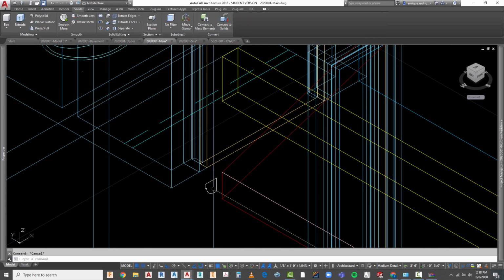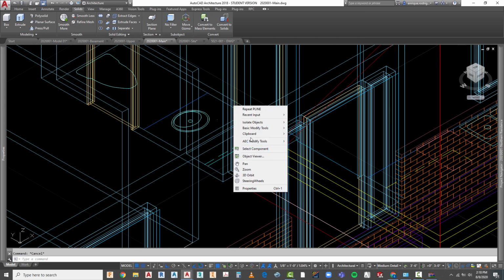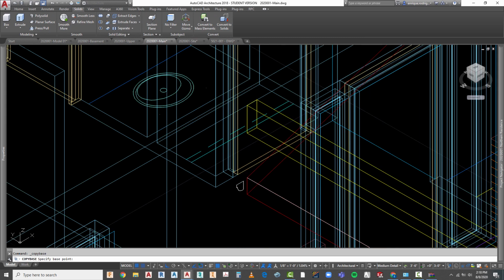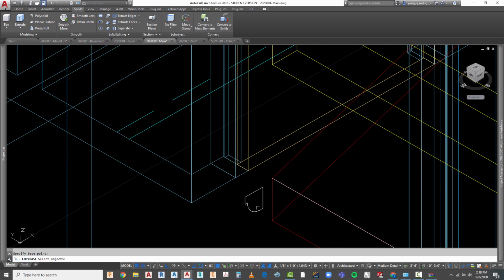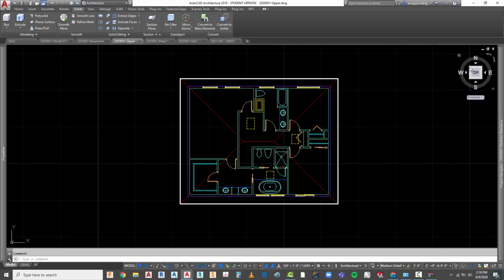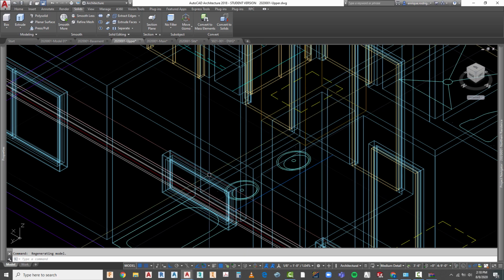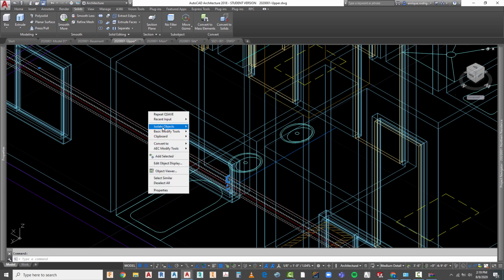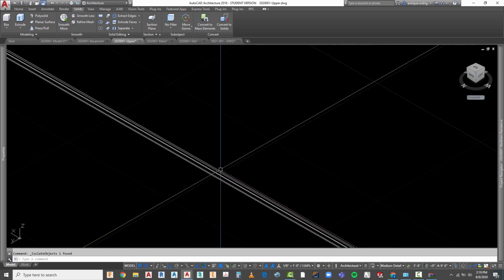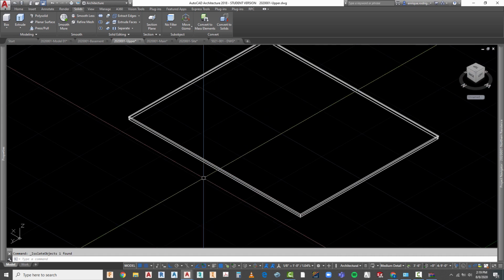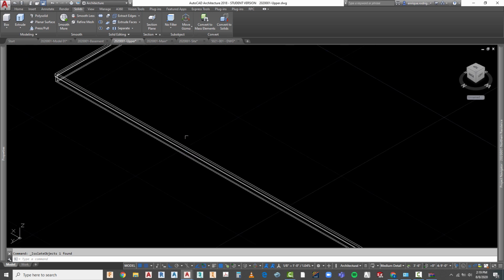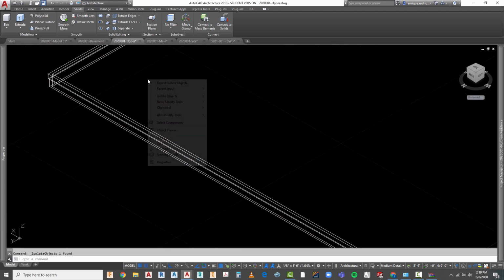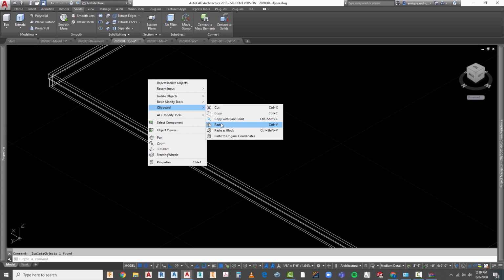Now once again I want to save this, so I need to go to clipboard, copy with base point. That's going to be our base point. I'm going to select it, hit enter. I'm going to go back to the upper, go back to my isolate in the back, and isolate my fascia board in the back. What I want to make sure is I select the right edge. So I'm going to go to clipboard, paste,